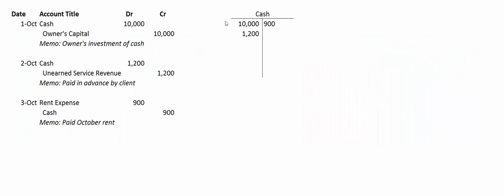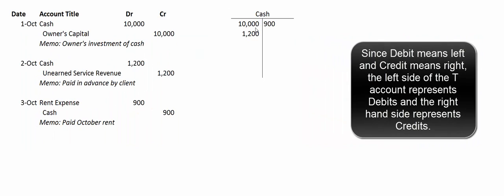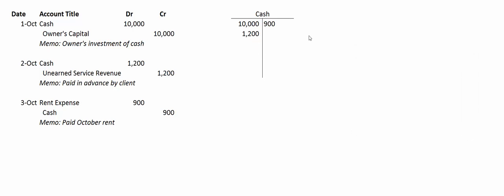So in this example, we'd have a $10,000 posting to the cash T account on the left-hand side because debit means left. We'd have a $1,200 posting for the cash from the unearned service revenue, and we'd have a $900 credit. And we should put little dates out here if we're being precise to talk about the date that that transaction occurred. And then if we wanted to strike a balance,